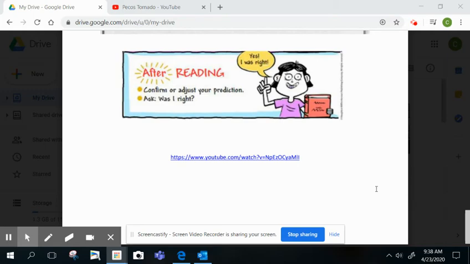And that, my friends, is what you do when you're reading and you're trying to make predictions before, during, and after reading. And yes, you will use the clues in the story plus your background knowledge to make these inferences, to make these predictions. All right, I'm going to leave you with one last thing so that you can see and watch and enjoy.